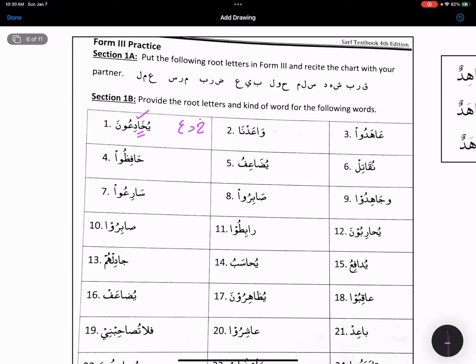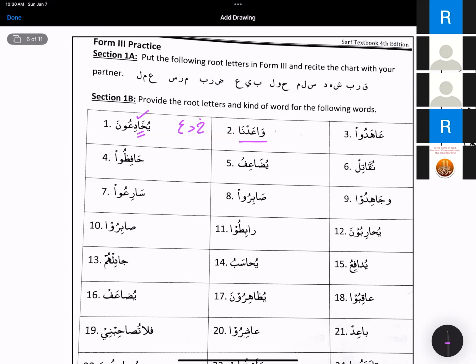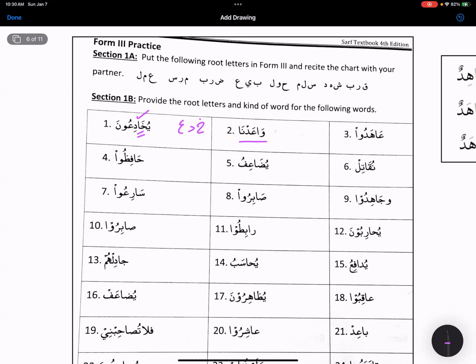Now the next one, wa'adna. Fe'l madi, fa'iluhu nahnu. And its jazar is waw, ain, dal, and bab mufa'ala. Very good. Translation? Wa'ada, I think it is the promise. They promised them. It was promised.